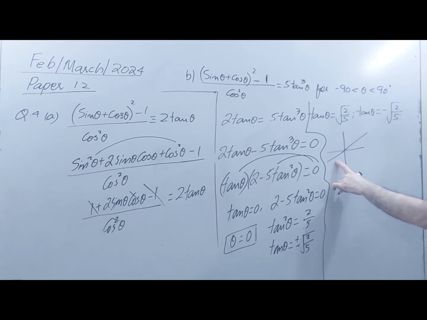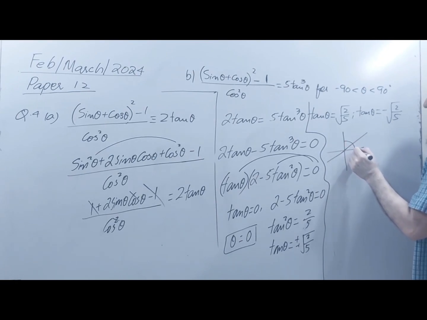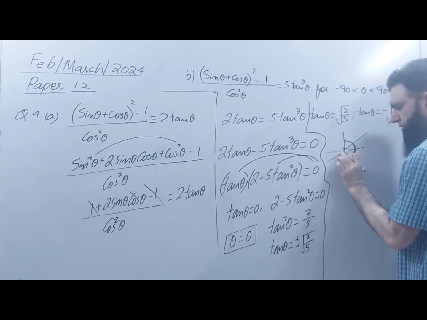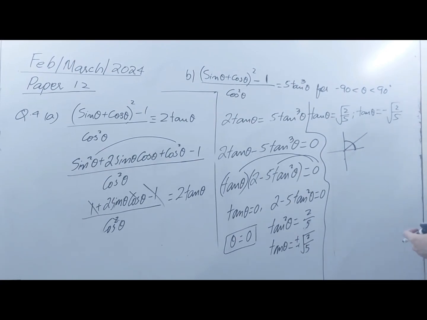Third quadrant is of no value to us because the range is from plus 90 to minus 90. So we will take only angles in these quadrants. So the third quadrant goes away. If tangent theta is equal to root 2 by 5, theta equals shift tangent radical 2 divided by 5,